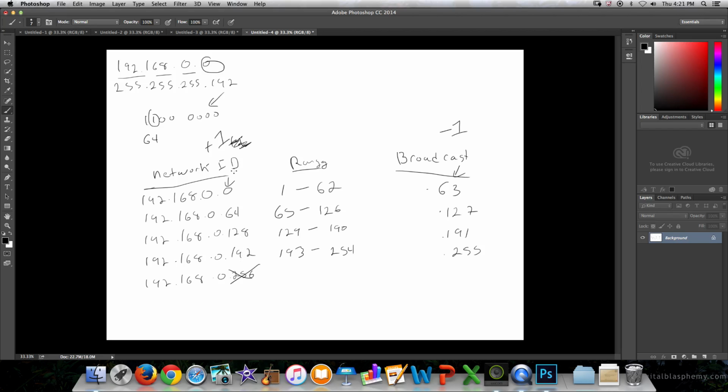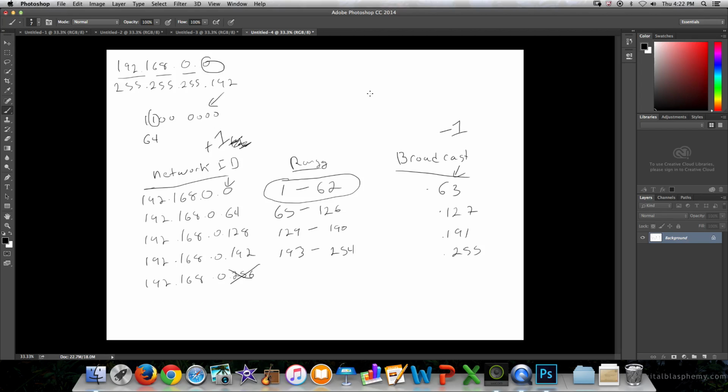But what does this tell us, though? That tells us that this group of addresses can communicate with one another. They cannot communicate with any other network because this is a separate, isolated group. We have to have a router. We have to have something that would allow for networks to communicate with one another. That's the purpose of a router. The next thing,